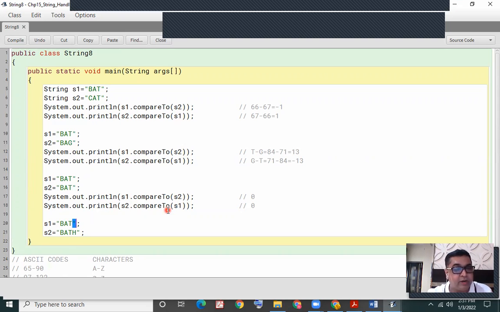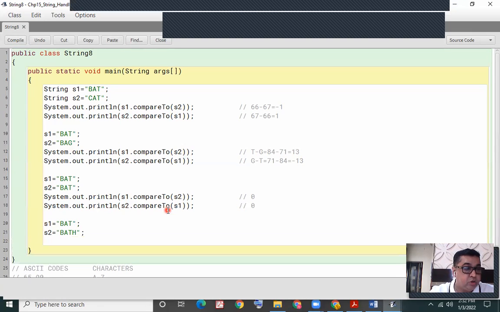The ASCII code would be taken as 0 in that case, and it will be compared with the 4th letter of S2, which is H. So actually I will get the difference of the null character compared with H.